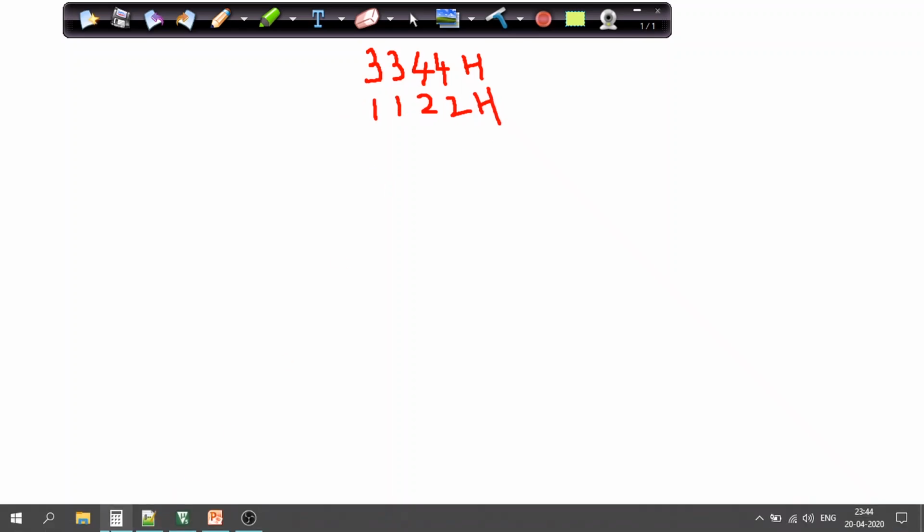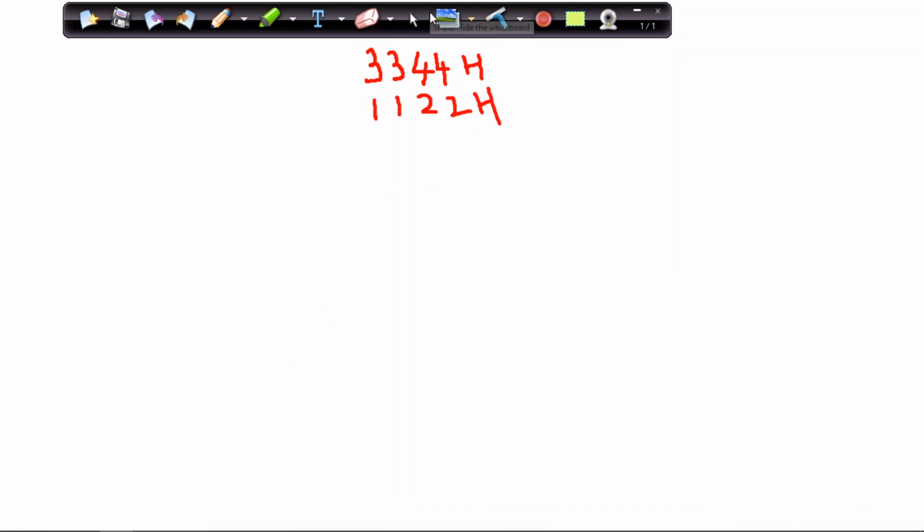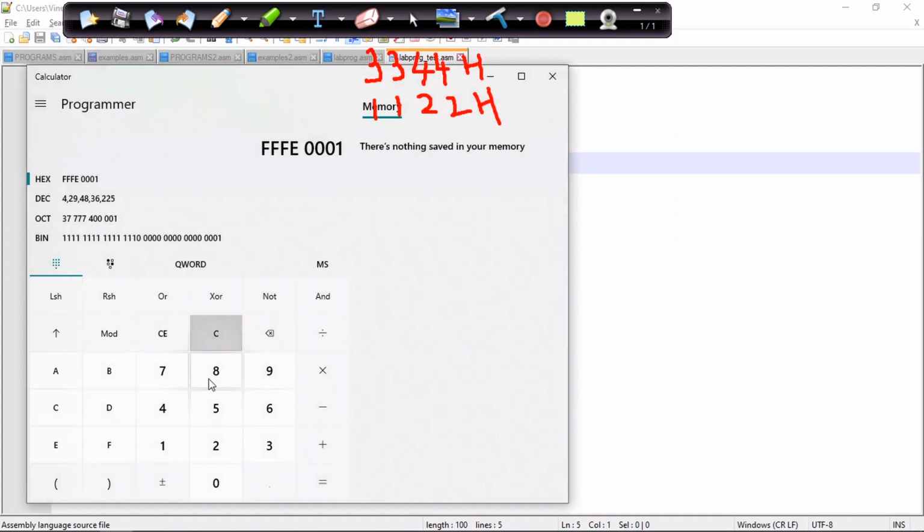Now if you go in terms of multiplication, what value will we get? 3344 multiplied by 1122 hexa will end up as 036E5308. So this is the result of these two 16-bit numbers.